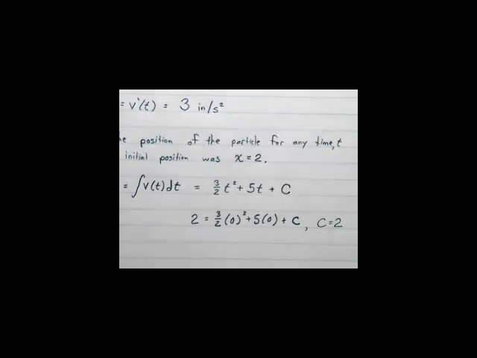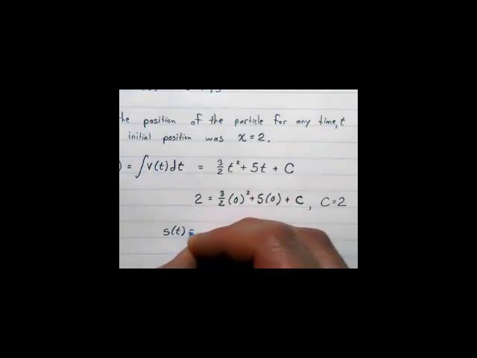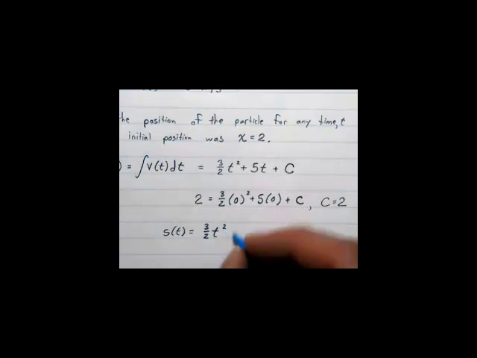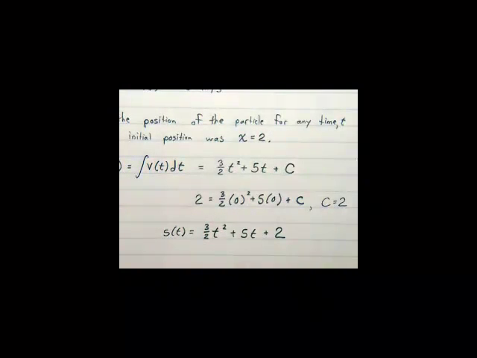All right, so then you can get your equation. Your s of t is equal to 3 halves t squared plus 5t plus 2. Okay, so now that we have this equation, this opens us up to ask some other things of you. So my part C to this question then is,